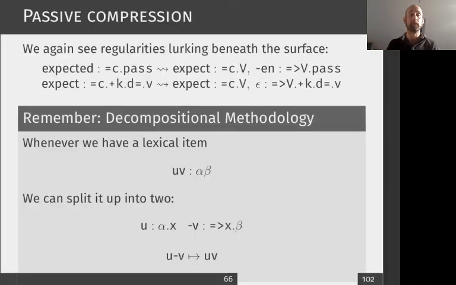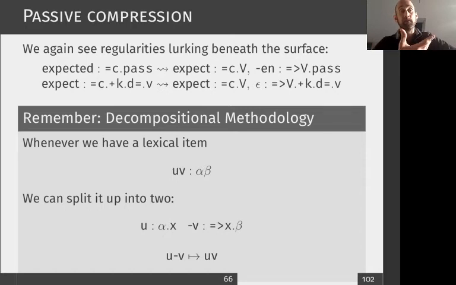Okay? Now, this is great, but it seems like there's something going on here. If we were to write this down in a big table of our lexical items, we would see again, hey, there's a lot of regularities going on there. We're missing some generalizations. And we could also cash this out in terms of how many lexical items we would need to add to our grammar in order to account for the distribution of intuitively a single raising object verb. Okay. So we have this decompositional